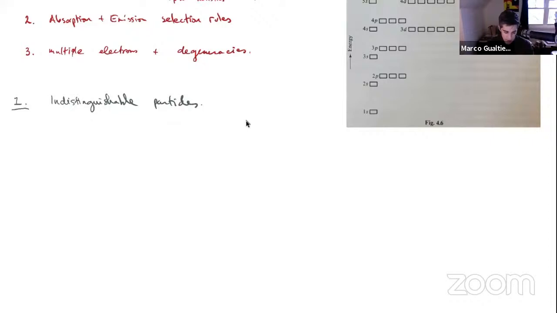So a joint system consisting of two particles, or systems,